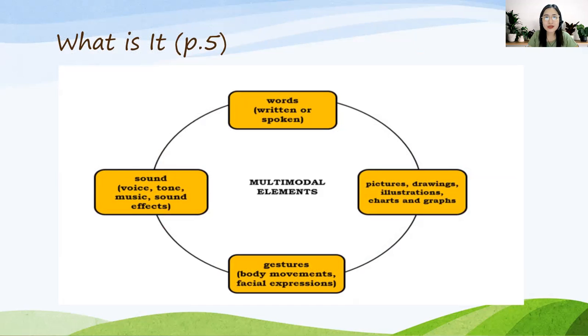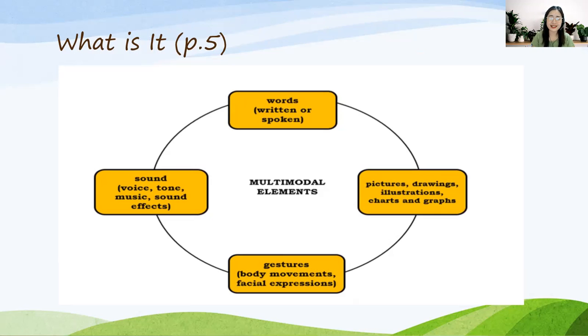It speaks to us through the words that we have read. That essay also speaks to us through the picture that's included in there. And that essay also speaks to us through the graph that's inserted. That's why it is an example of a multimodal text using multimodal elements.